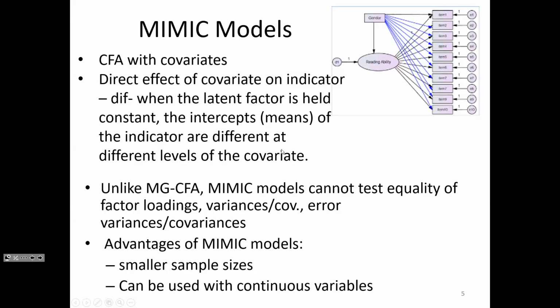So this is a decision you ought to be able to make probably before you collect your data. Although I would say often I hedge, because often before you collect your data, you're like, yeah, I'll have enough for multiple groups. And then you actually get your data set and you're like, oh crap, I can only do a mimic model, right? But for sure, this is a decision you should be able to make before you run any models, just by looking at the number of people in the groups. You only have to run one descriptive statistic probably to make this decision. Or you have continuous variables. Yeah, that's the other big thing.